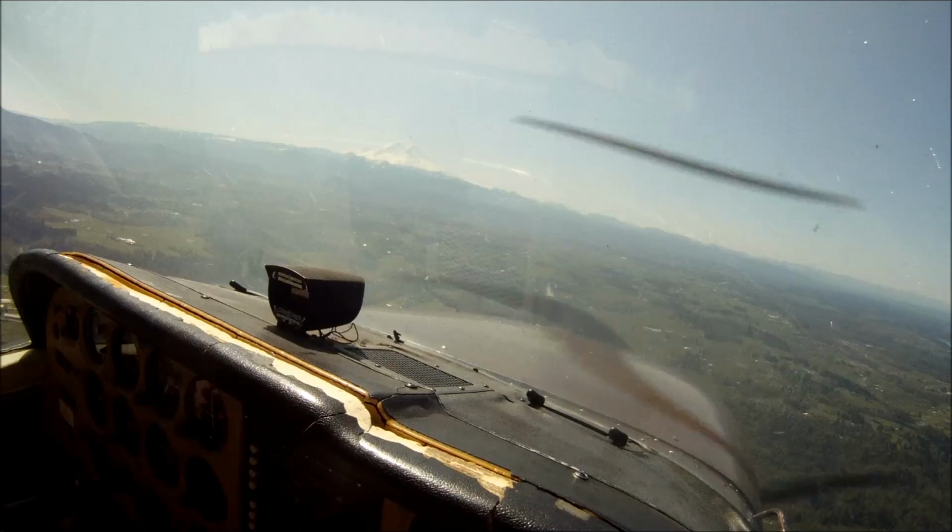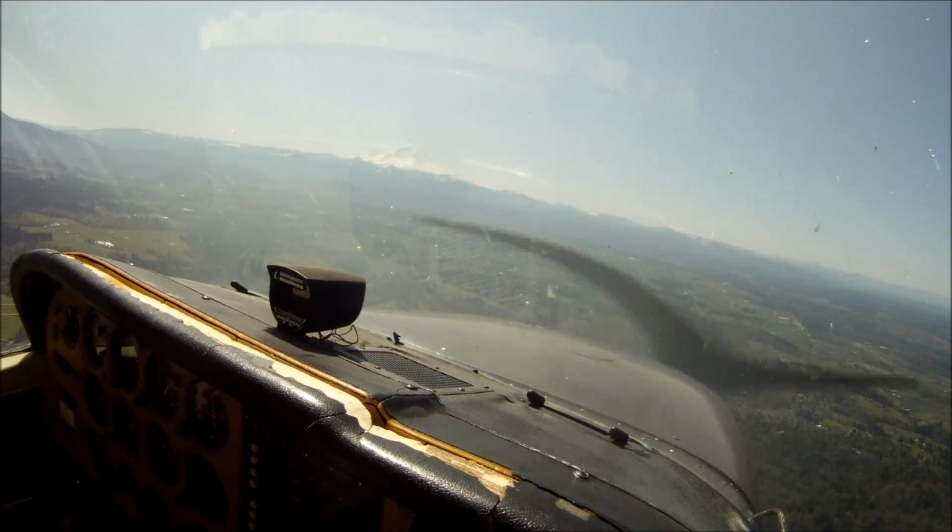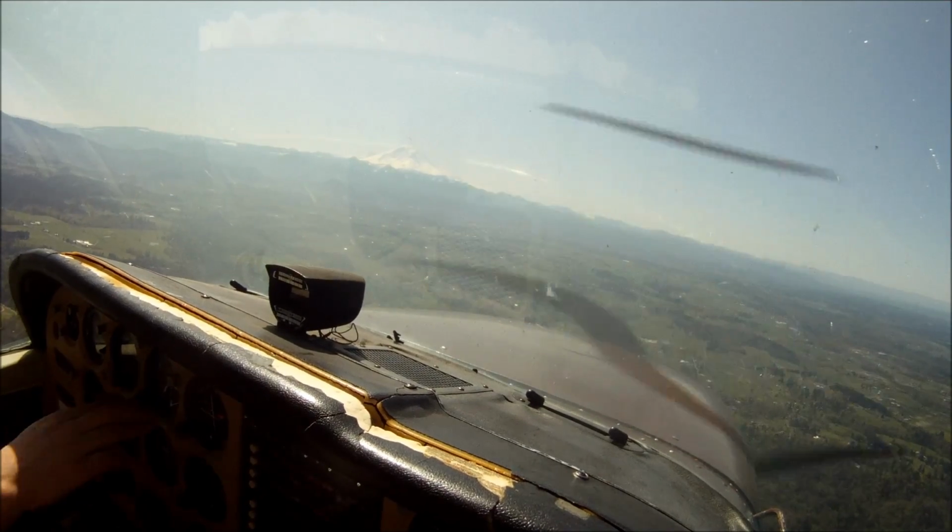Okay. So why don't you hand me the map here? What I want you to try and do, don't worry about rudder. Just hold the plane pretty much straight and level. Now when you try and do this...